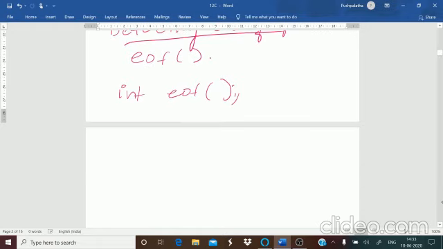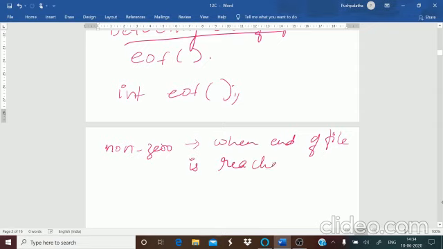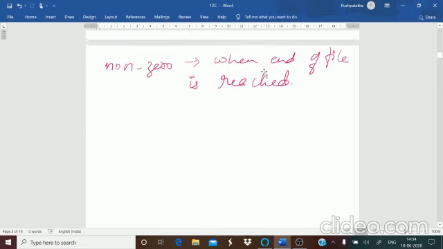Non-zero means more than 0, like 1, 2, 3, 4, if you have reached the end of the file. Otherwise, it will return 0. Remember, it will give a non-zero when end of file is reached, or else it will return 0. Okay, this is about the end of the file.